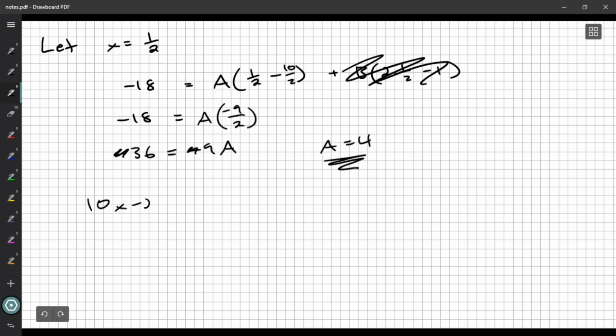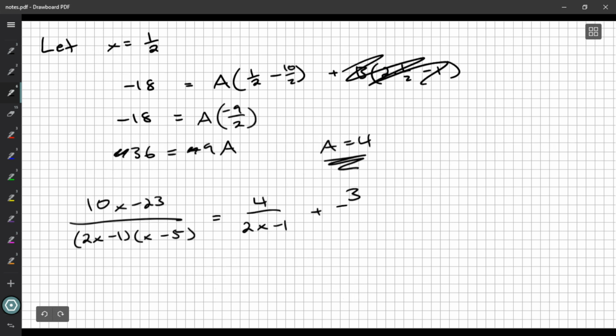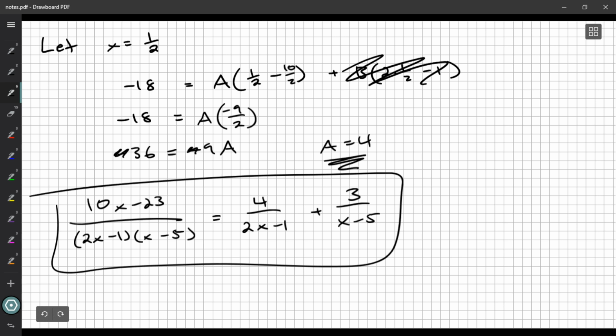So, after all that work, we have managed to create our partial fractions decomposition. So 4 over 2x minus 1, and plus 3 over x minus 5. Great, there's our partial fractions decomposition, except that wasn't what we're asked for, that's just a stepping stone